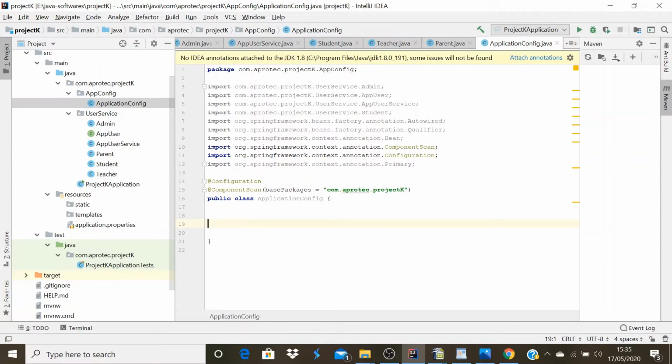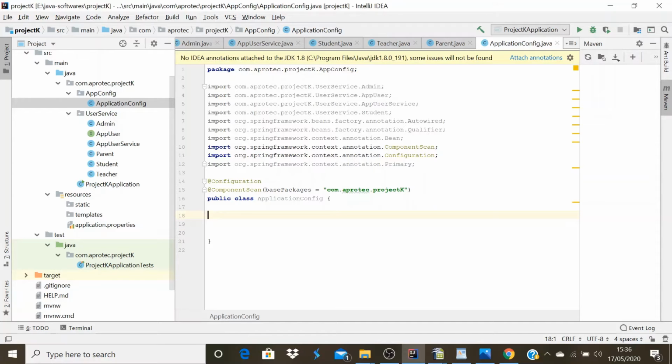When you create a configuration class in Spring to instantiate beans, you need the @Configuration annotation, and you need @ComponentScan also, so that while starting, Spring will scan these classes and create the corresponding beans.